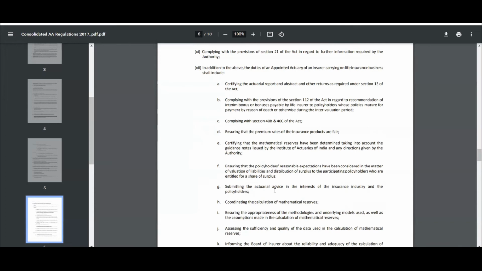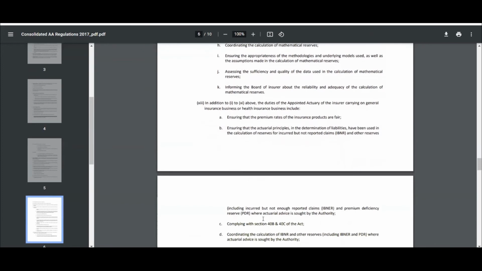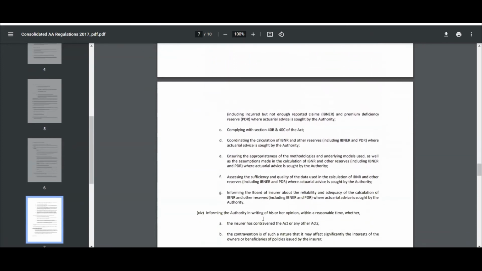Complying with section 112 with regard to the participating policies and bonus declaration, interim bonus declaration for the policyholders whose policies have become matured for payout because of reasons such as death or surrender or maturity, right? The appointed actuary is also required to consider that the policyholder reasonable expectation has been taken into consideration for the participating policyholders who take part in the surplus of the participating fund, provide actuarial advice for the betterment of the